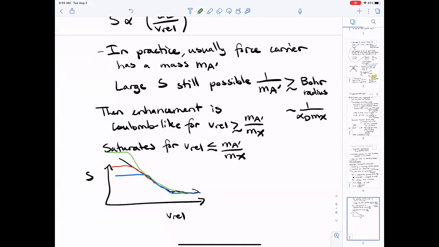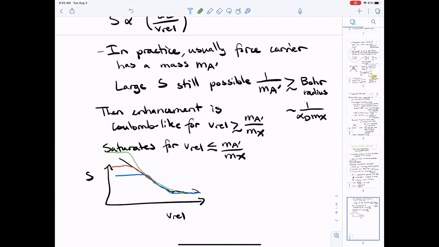There is a limit on how fast your cross section can diverge as you go to 0 velocity, which is the unitarity bound. For each individual partial wave, you have an upper limit on the contribution to sigma that goes like 1 over k squared. In the non-relativistic limit, that's 1 over m squared v squared. So per partial wave, you can't get a scaling stronger than 1 over v squared in the cross section. But that's consistent with the Sommerfeld enhancement. The unitarity bound is not violated by the 1 over v scaling.